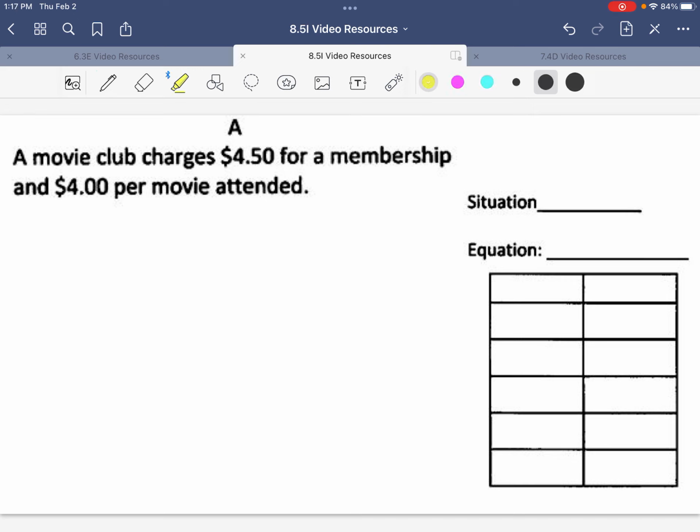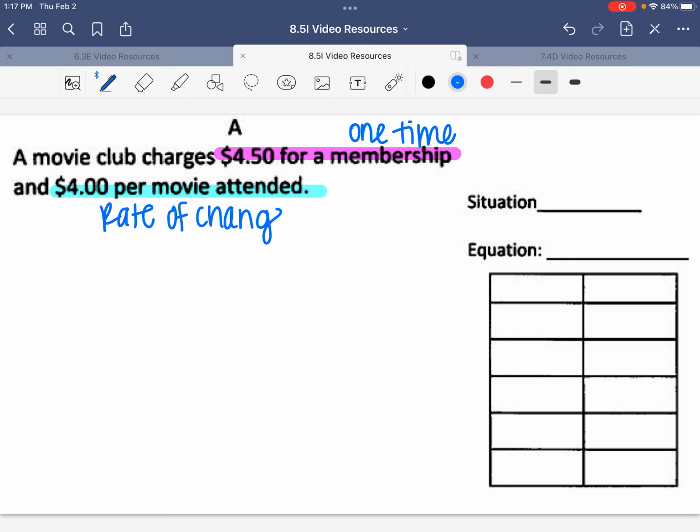As I'm reading this, I see that this $4.50 membership, I only pay one time. That is a one-time payment. And then this $4 per movie, that's the rate, it's changing every time I add on a movie. So every movie I add $4 more. That's our rate of change, which we also know is our slope. If I'm able to identify those things just by thinking about what's happening in the story problem, then